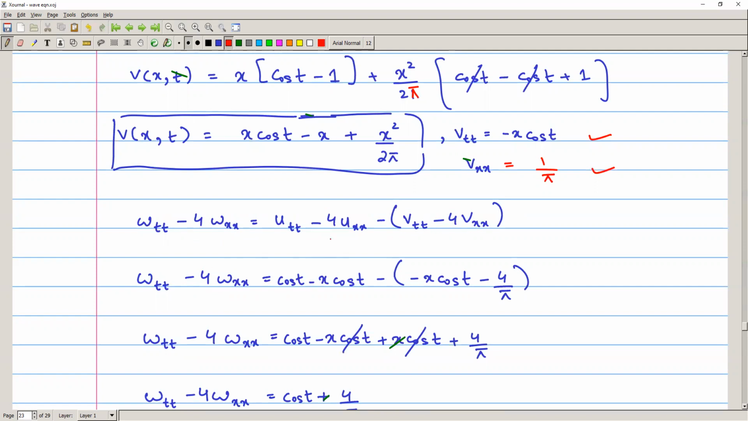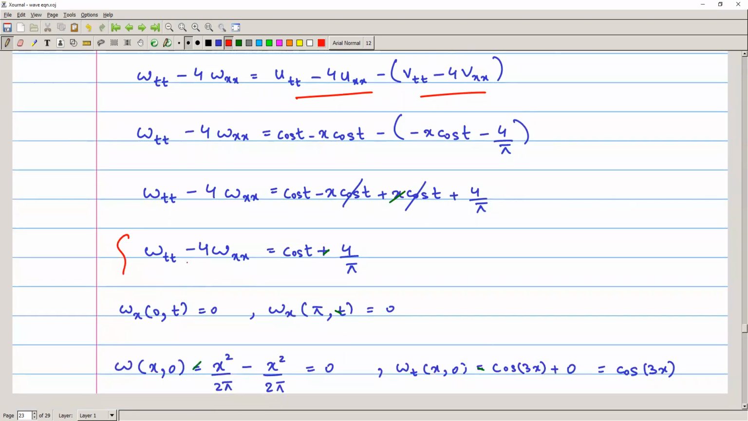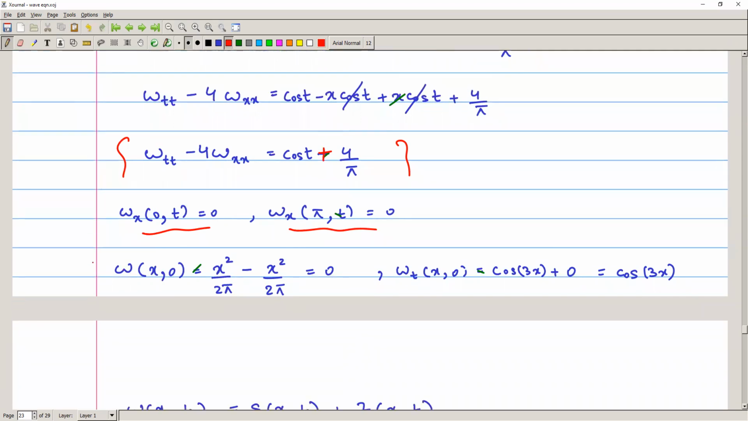So we will plug in the values. u_tt minus 4u_xx is given as cosine t minus x cosine t, then a negative sign times this function v_tt minus 4v_xx. So these terms will cancel out, and finally we will have w_tt minus 4w_xx equal to cosine t plus 4 over pi. All right, so this is a plus sign, and now the boundary conditions will be homogeneous, and the initial conditions will